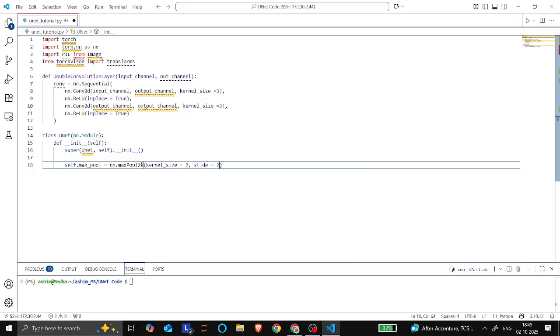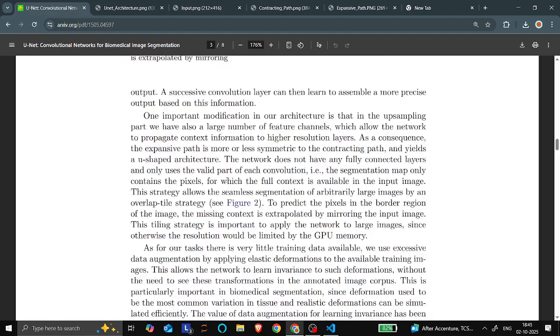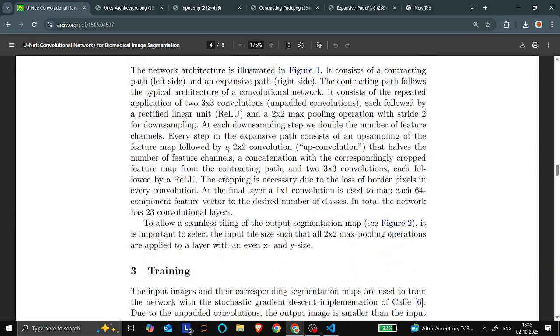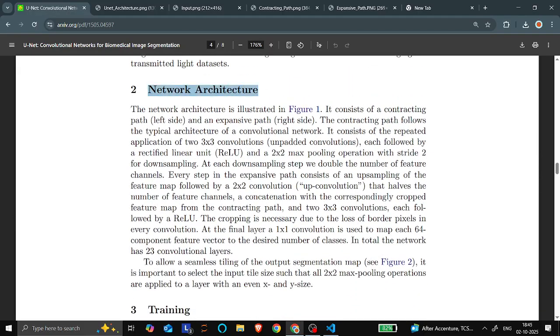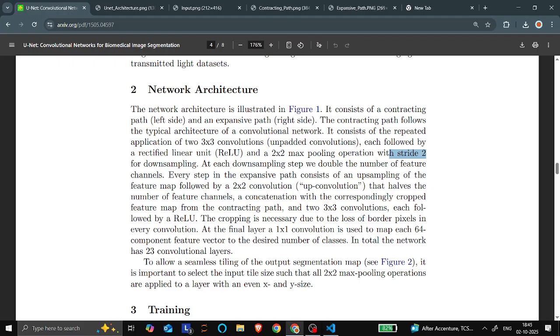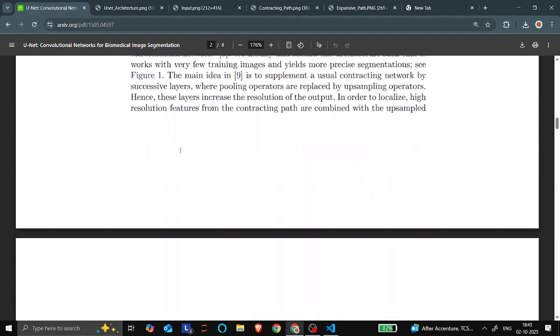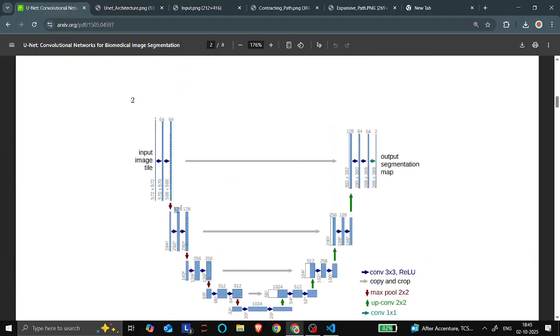We can see this in the paper. So this is the network architecture given in the paper. We have 2 by 2 max pooling with a stride of 2, as I have shown here. Next I have the convolution layer having a 3 by 3 kernel, and the size is 128, and the previous size was 64. So accordingly,